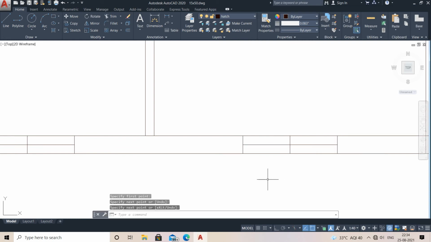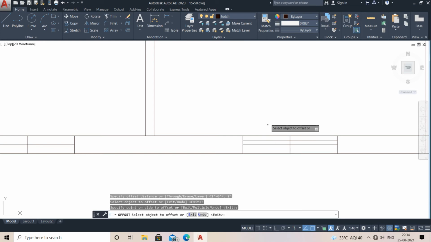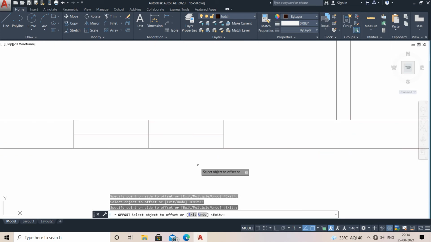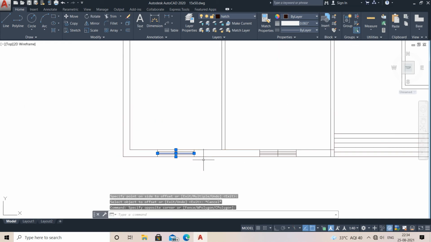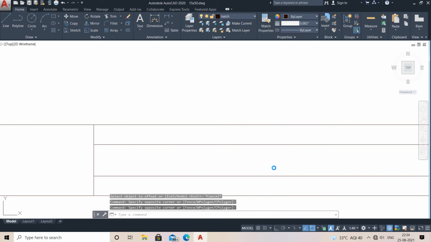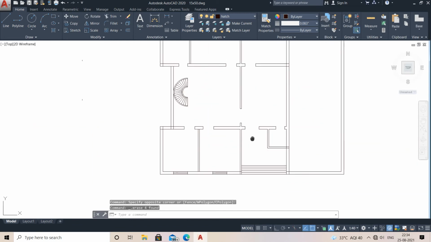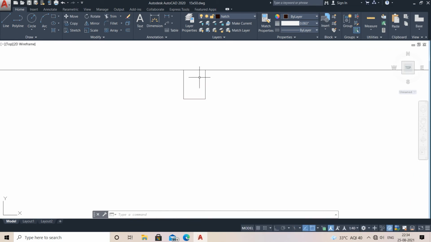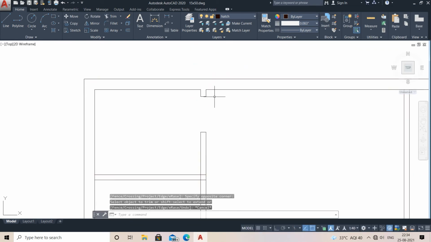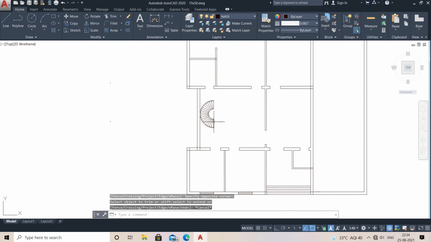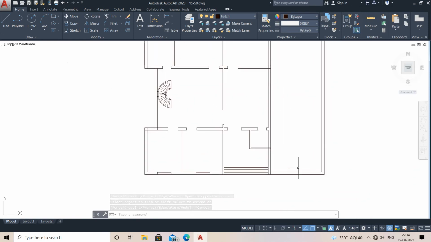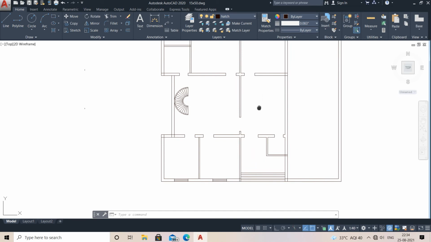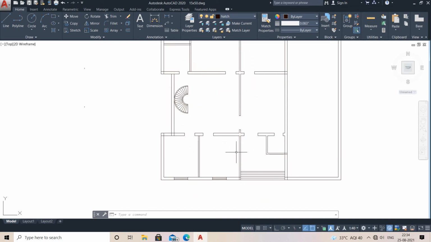After doing this, go for the offset command of 2 inches from up and from down. The same way here also, just do it up and down. After that, just select this middle, both of them, and delete it. After deleting, you can see that here you need to write some of the commands over here. Means some of the places, right? So this is which room, that is which room, you need to specify, right?